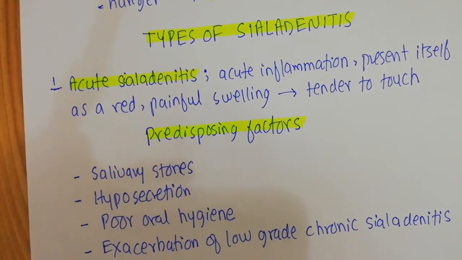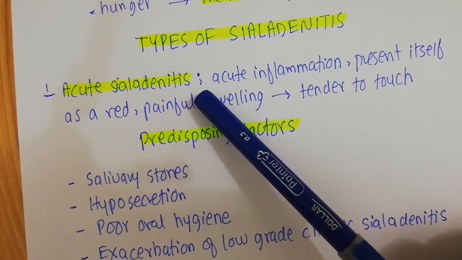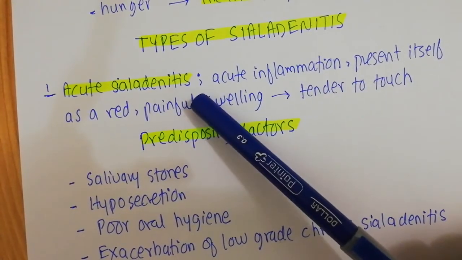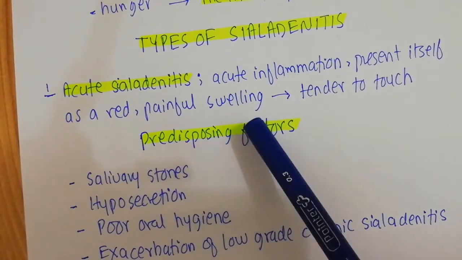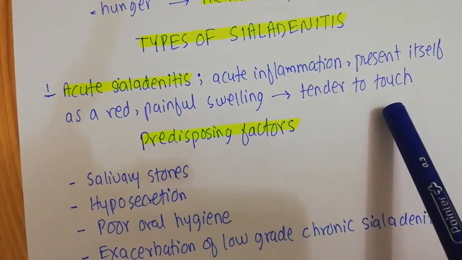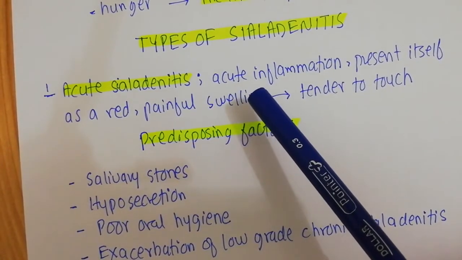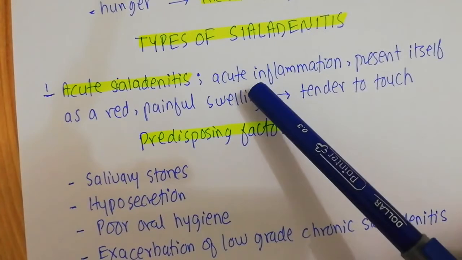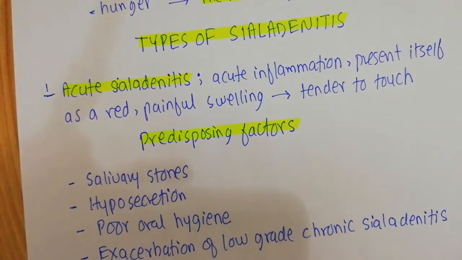One is known as acute sialadenitis, in which there is acute inflammation, and it presents itself as a red painful swelling which is tender to touch. Now the acute inflammation is very severe, but it is for a very short period of time, therefore it is known as acute sialadenitis. And the